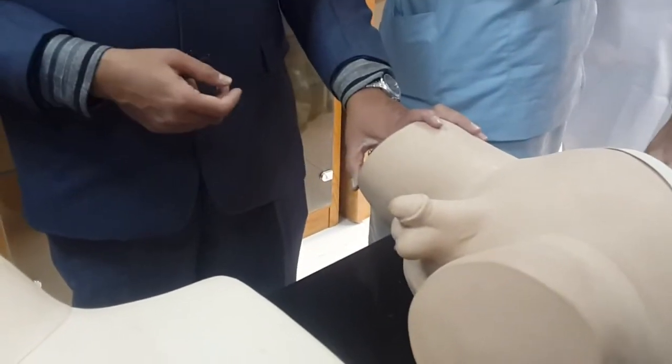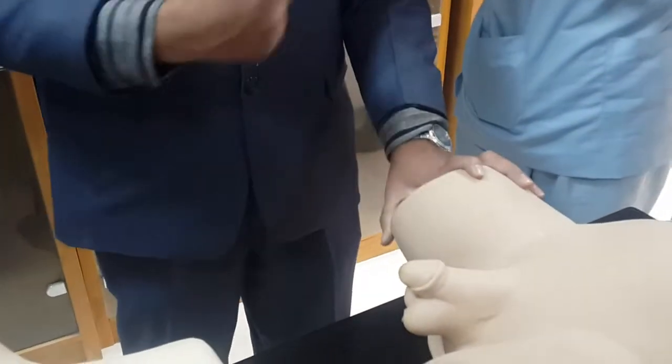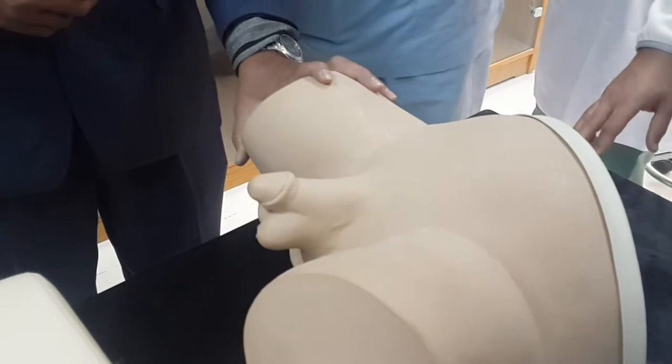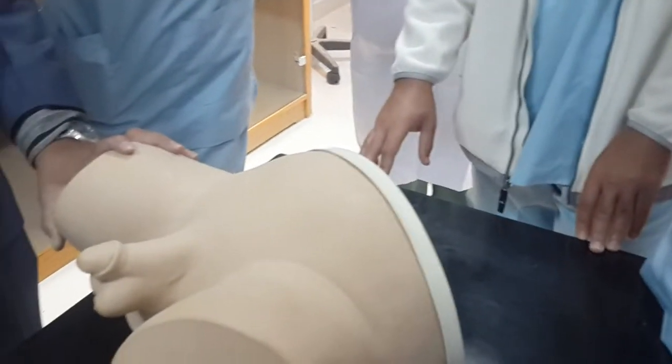Here it is two fingers. Here it will be how many fingers? No finger. One finger. How do you examine the prostate? Two fingers. No, we first inspect the penis and